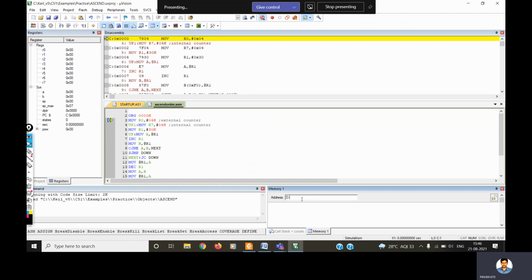But here I am not storing any data inside the code memory except our program, so I have to use the data memory. That's why I entered it like this. What memory location am I using to store this list of values? 30H, that is, 0x30.